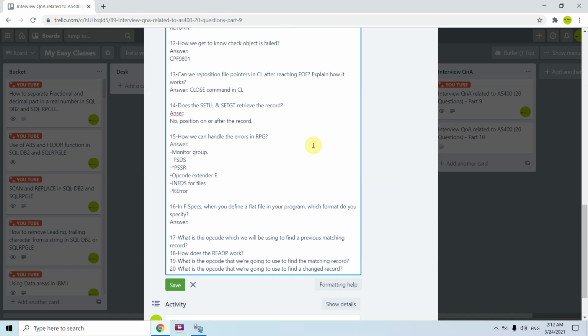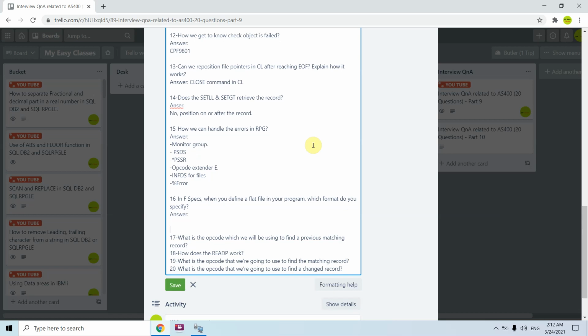In the F spec, when you define a flat file in a program, which format do you specify? If you define an externally described file, we use E, which means externally described file.